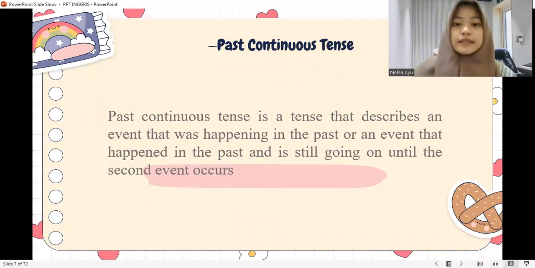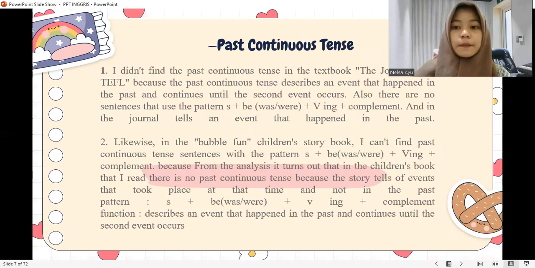Alright. Next, past continuous tense. Past continuous tense is a tense that describes an event that was happening in the past or event that happened in the past and is still going on until the second event occurs. For the example,